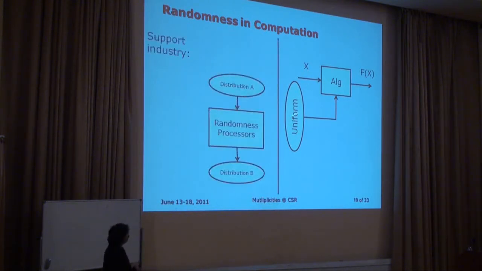And now the question is, where are you going to get these random variables, uniformly distributed random variables from? There is a randomness production industry going on in the field of theoretical computer science. What this industry does is produce various forms of randomness processes. Their input is some distribution A, their output is some other distribution B. And their performance is measured not by looking at the string here and saying, what string did I get here?